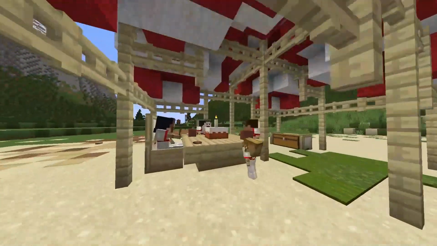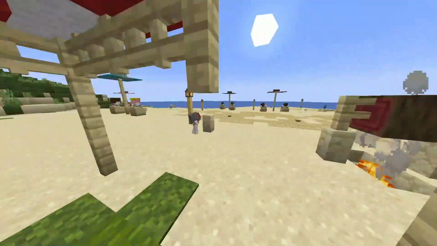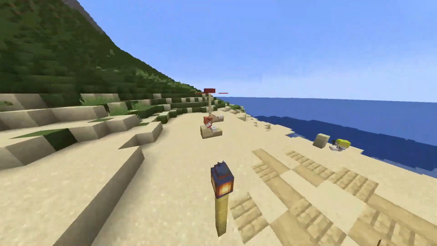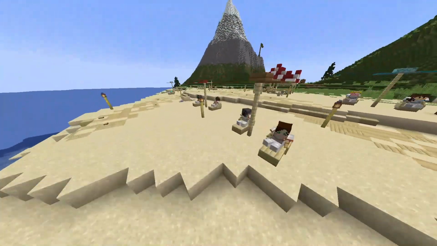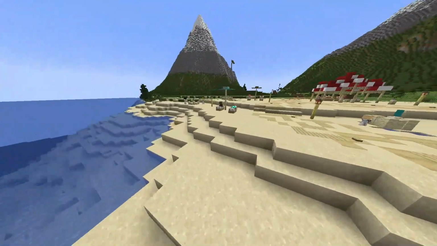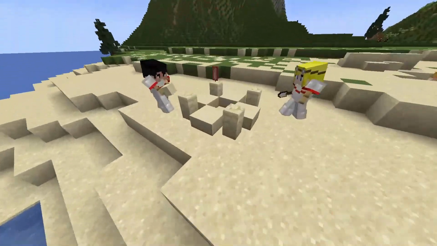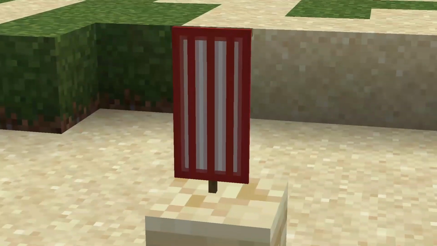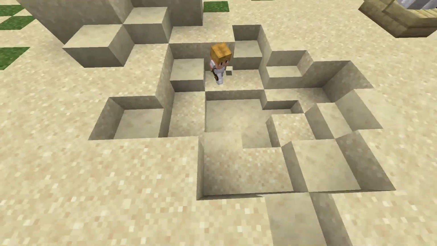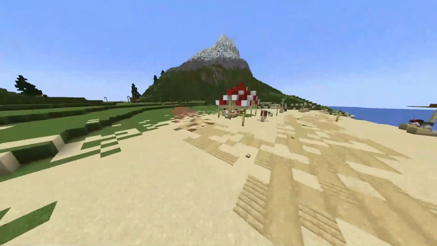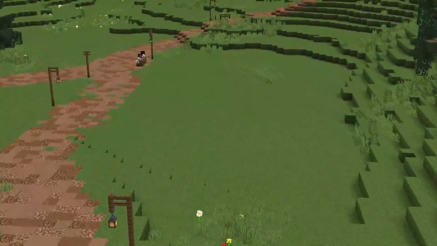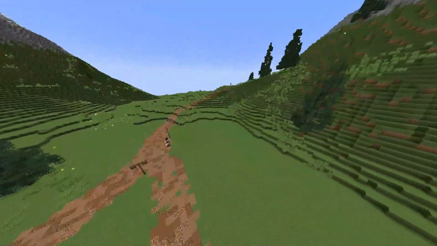Start out over here, we got the biggest tent. Got some sandcastles, some campfire, ton of detail, lots of different places, lot of farmer stands. Here's the bigger castle with a little flag here, and a little hole here, some more stuff. I think this looks really nice. One more thing I have done so far, which is the mines over here, the secret mines.